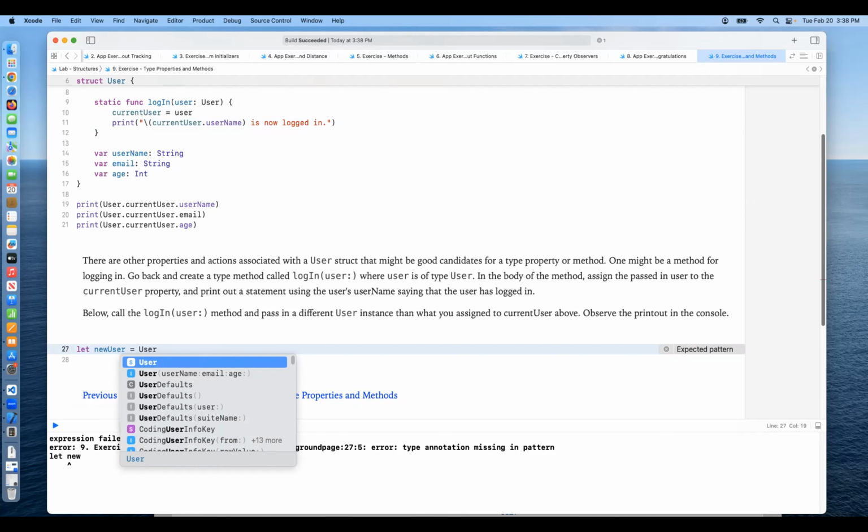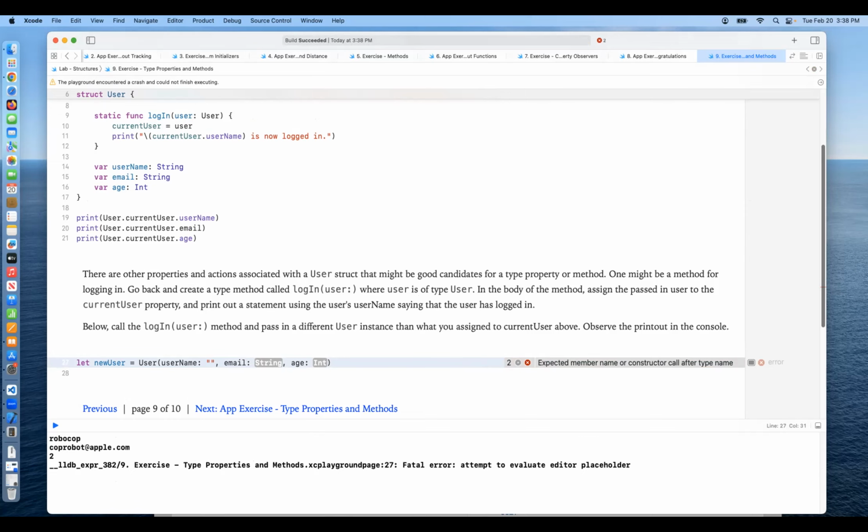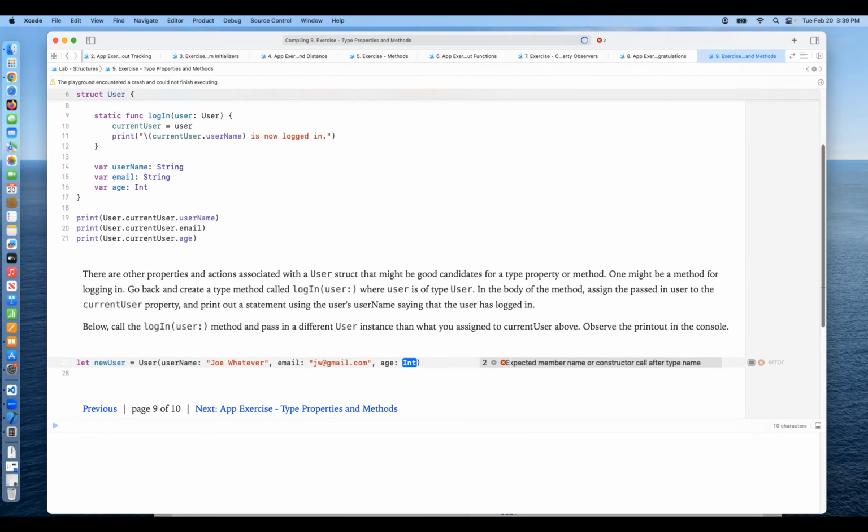We're going to call the struct all of its stuff, and you can call it Joe whatever with his email JW at Gmail. How about something like that? An age of